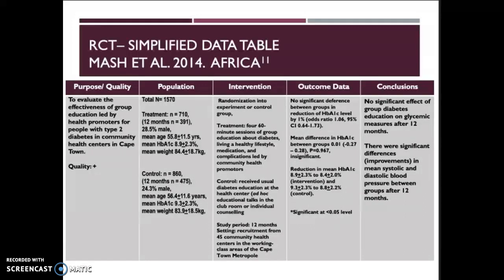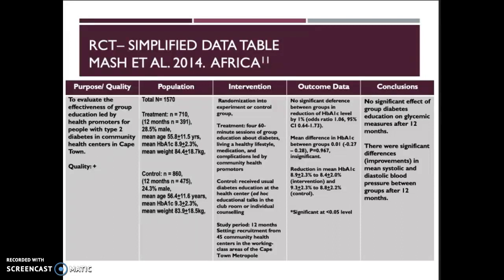The second study reviewed was conducted by Mash et al. in 2014 in Africa, and similarly, the purpose of this study was to evaluate the effectiveness of group education led by health promoters for adults with type 2 diabetes in community centers. This was a larger study as the total sample size is